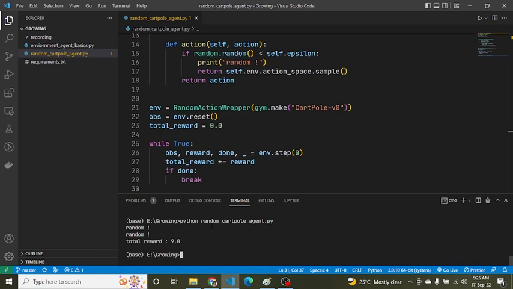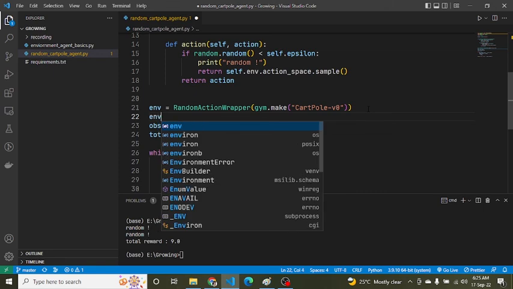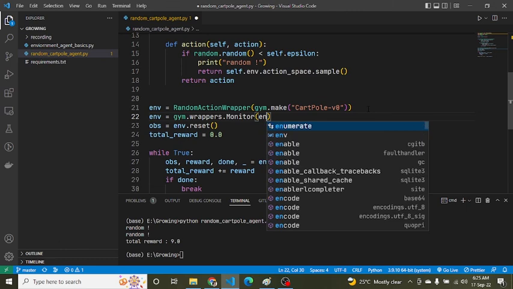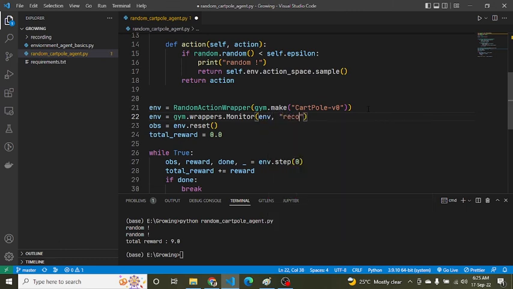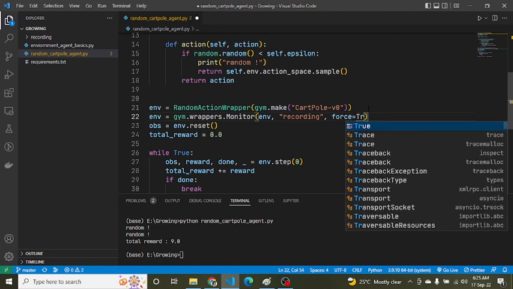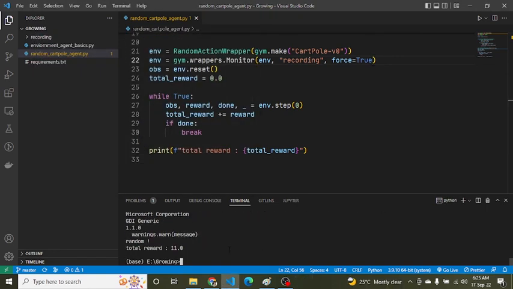It is only a single line of code that you need to add, that is environment equals gym wrappers Monitor of environment, and set it to recording. And if you have already done one, then simply mention force=True to overwrite the existing one, and let's see whether it's working or not. So our monitor is also working. So I think both the wrapper and monitor, the extra gym functionalities, are clear to you,